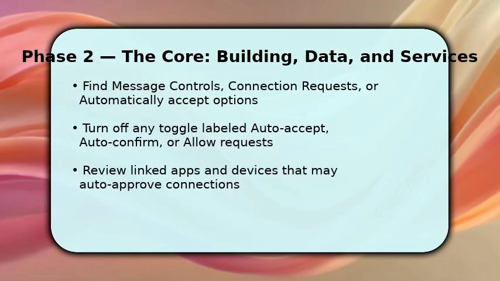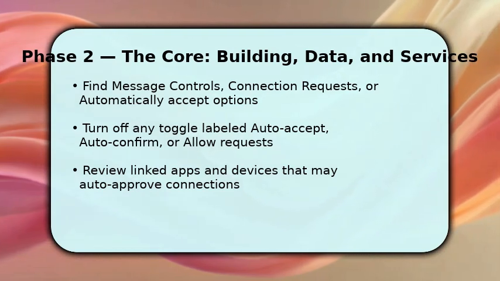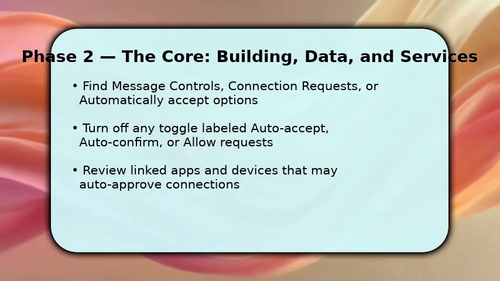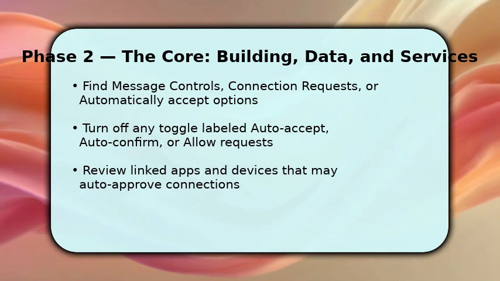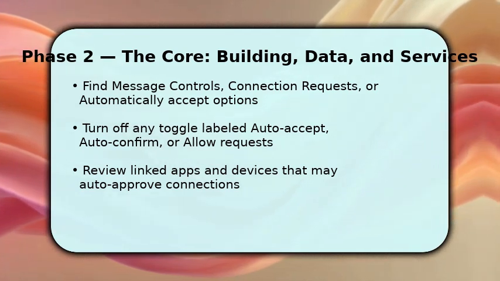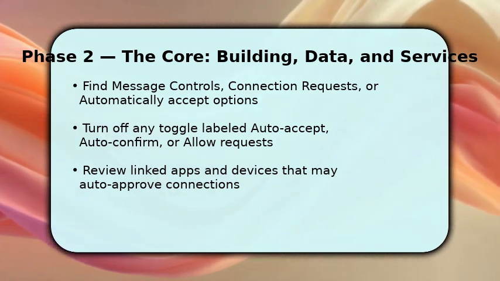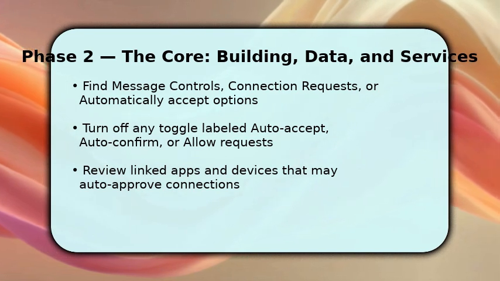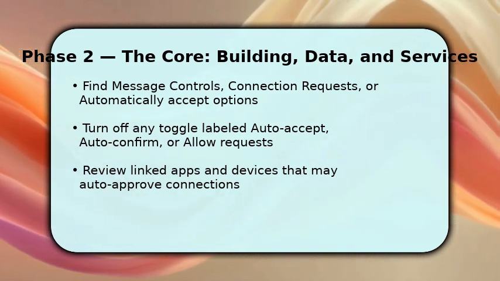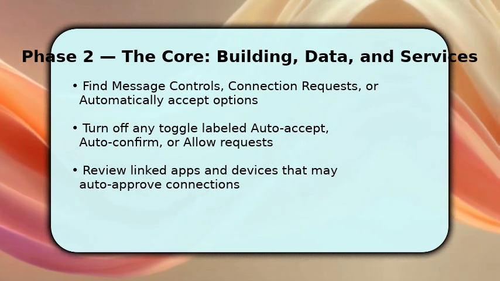This is where you locate message controls or connection requests and inspect any toggles that suggest auto-accept behavior. You will see items like auto-accept, auto-confirm, or allow requests from linked accounts. Disable them. If the toggle is grayed or missing, check Account Center or linked apps for cross-account approvals and revoke